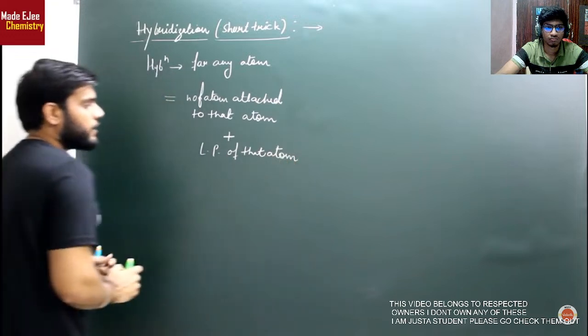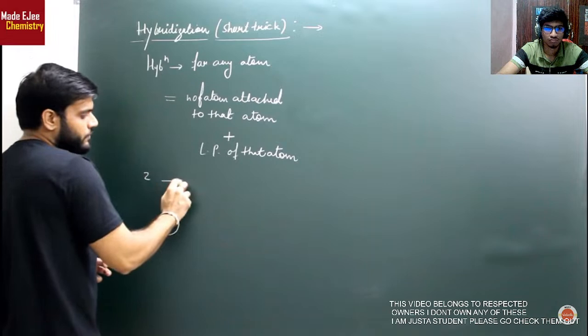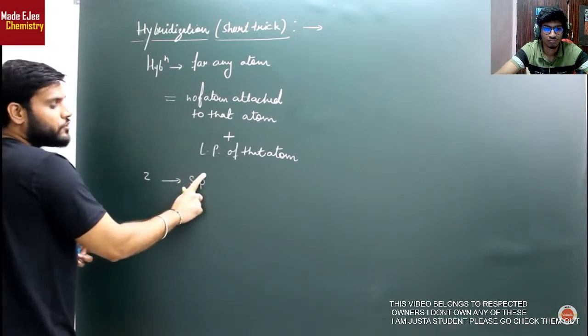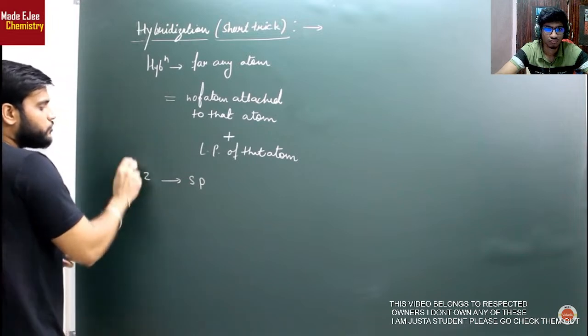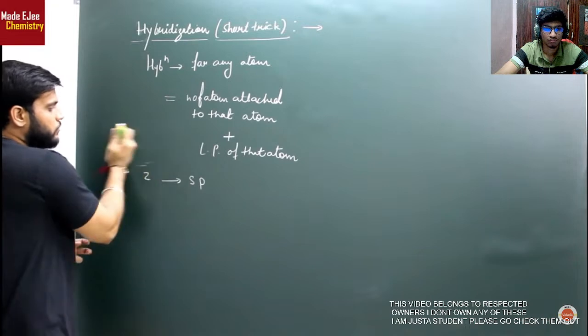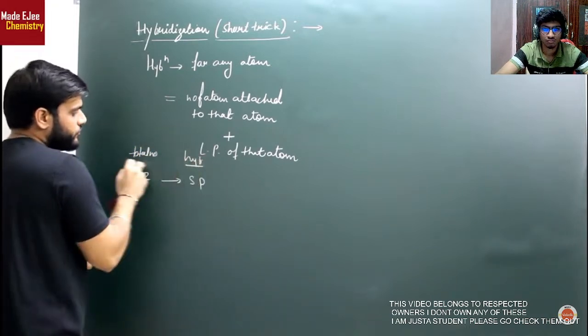और अगर ये number आता है, minimum number तो दो ही है, अगर ये number आता है दो तो hybridization बनेगी sp। एक s का hybrid orbital, एक p का hybrid orbital, तो दो हो गए, इसलिए यहां पर hybridization दो लिखी है। तो मैं लिख देता हूं, if the total number is coming to two then the hybridization is sp। यहां पर मैं लिखता हूं total number, और यहां पर hybridization। सिर्फ इतनी चीजों का ध्यान रखना है।